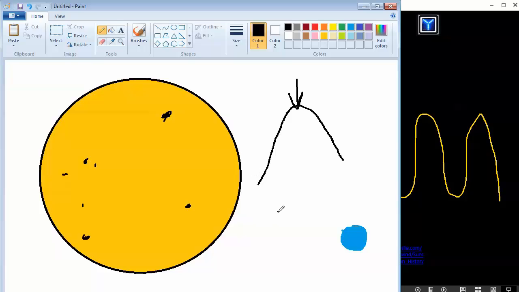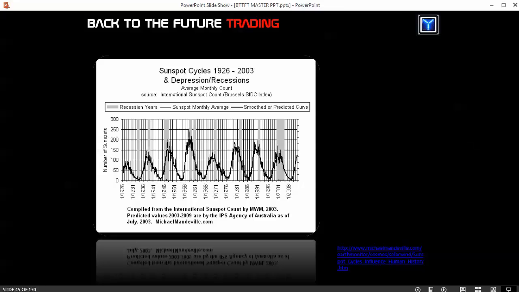But it raises this question. What do these black spots have to do with the S&P 500? What do these black spots have to do with crude or gold futures? What do these black spots have to do with intraday movements? And that's where things got pretty interesting for me. So as a why junkie, as a how junkie, this was something of consequence to me. And so I started to research